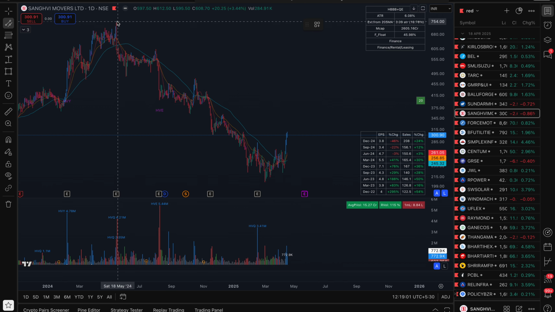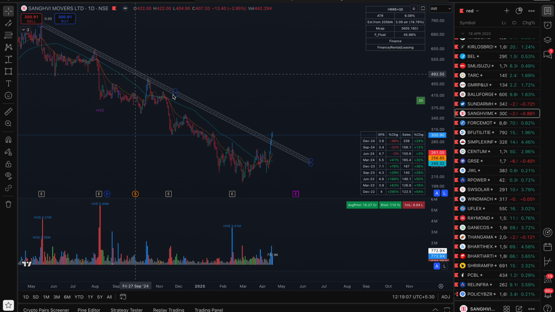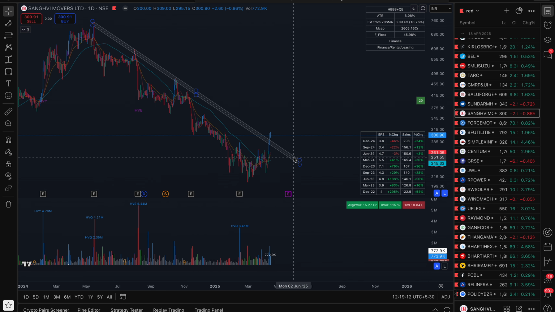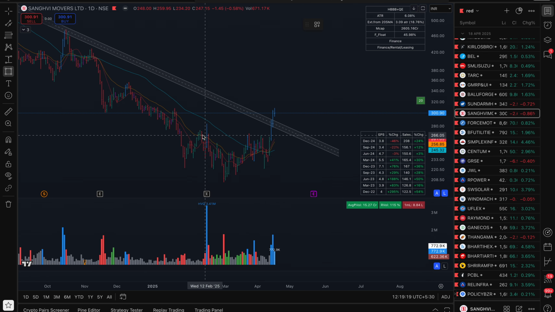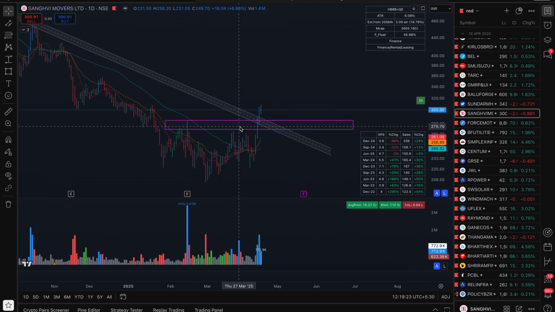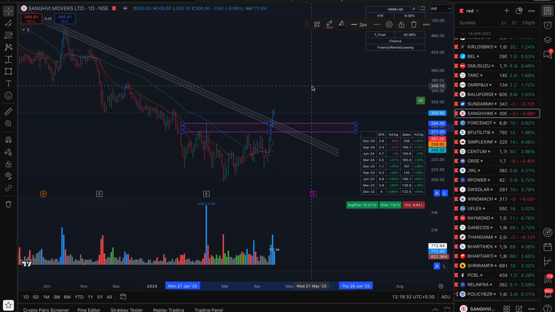The stock has been on a downtrend, and depending upon how you draw your trend lines, it looks like a downtrend line breakout. But the thing with sloping trend lines with a higher slope is that if it comes back and retests, then the pullback will be deeper. However, you can then draw zones of the previous resistances here, and any pullbacks around here with the key EMAs catching up could be